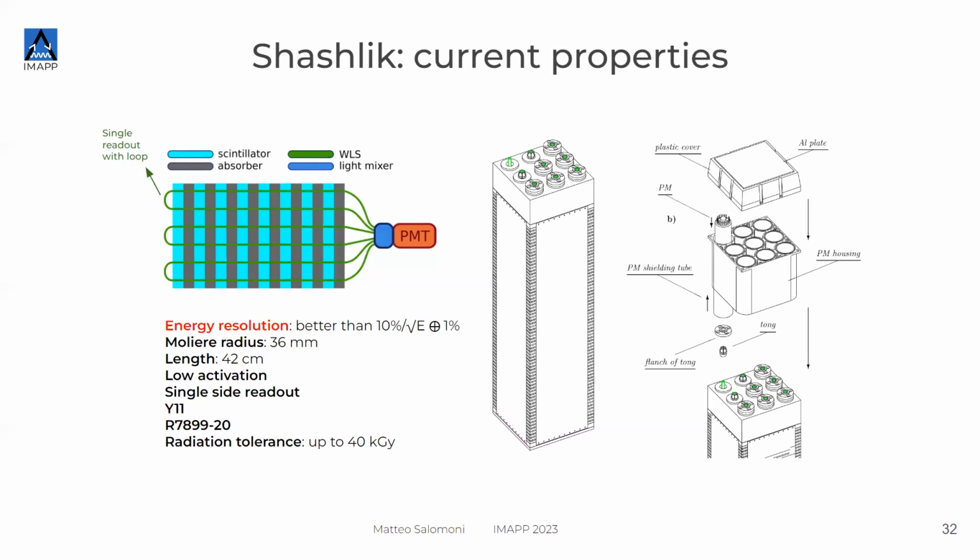This is one of the things, and then we have the time resolution, which is also very important. So we also have to be able to say when the particle reached the calorimeter, because it helps in the analysis of the full processes at the end. So these are the numbers for shashlik.